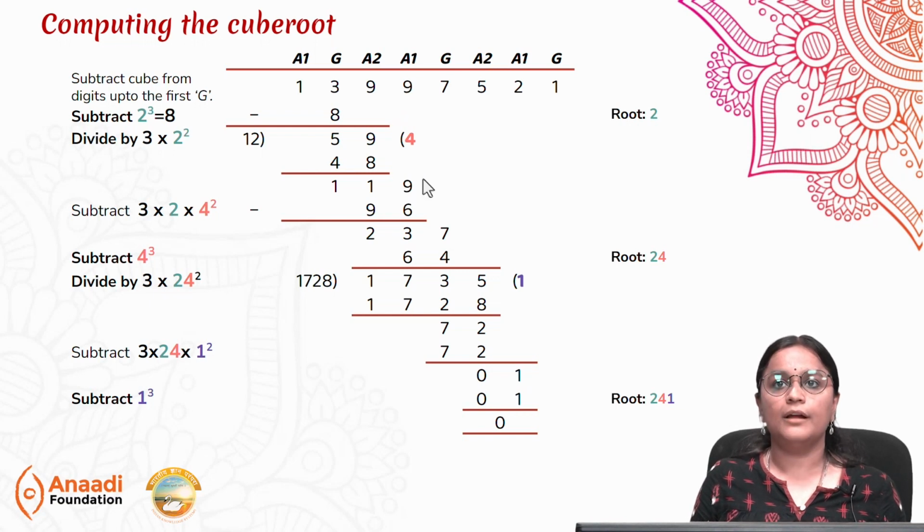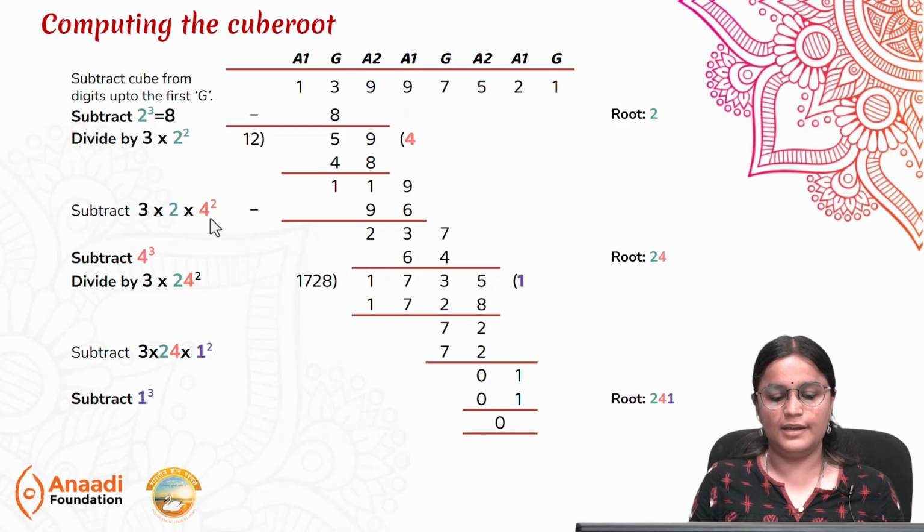Next, we bring 9 down this way, and since it has come down from the Prathama Aghanasthana, we will subtract. What will we subtract? We will subtract 3 into our root 2 so far, which is our root digit, and the square of the quotient from this calculation. So, 3 into 2 into 4 squared is what we will subtract from it, which is 96, giving us 23